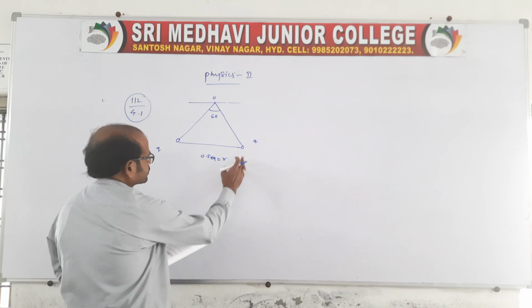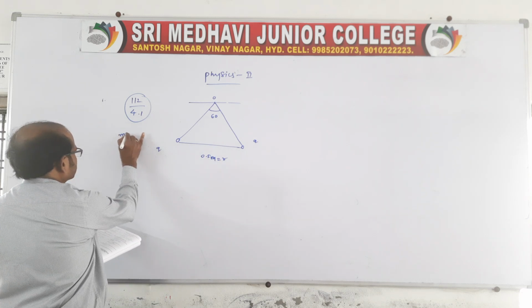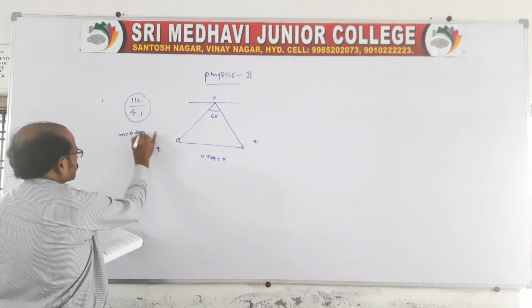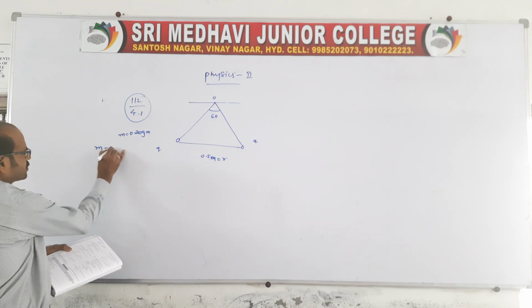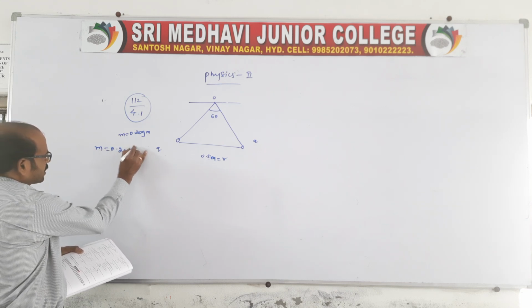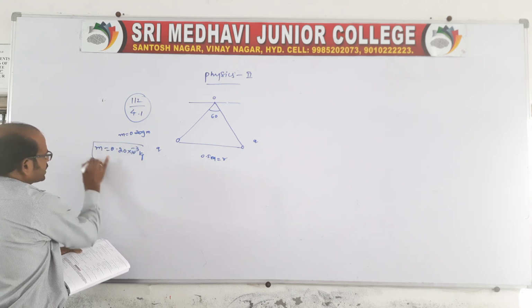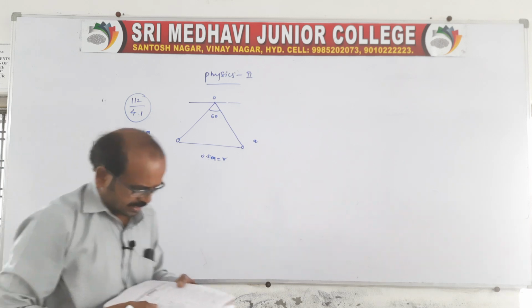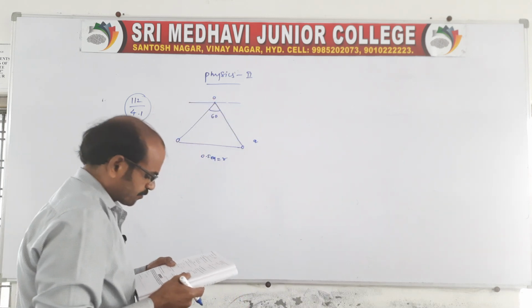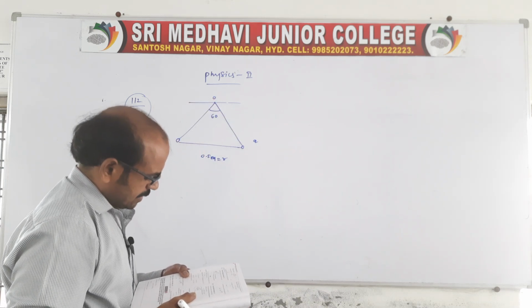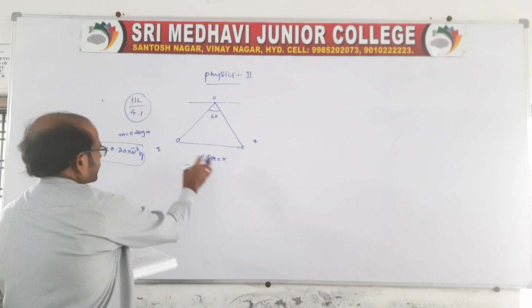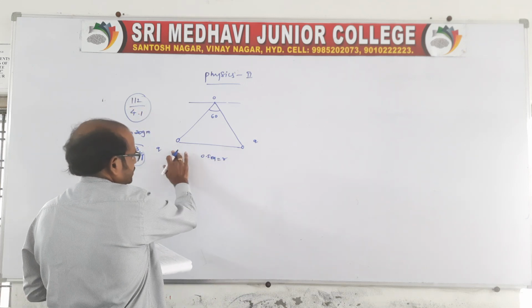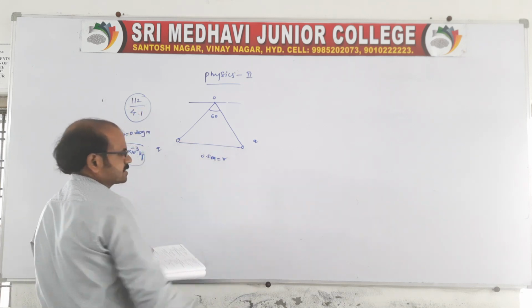Each ball has mass m equal to 0.20 gram. So mass is equal to 0.20 into 10 power minus 3 kg. You convert into kgs. And here the distance between the two balls is given, and at the equilibrium position the angle between the threads is 60 degree. Now the two balls are in equilibrium position because of the charges.